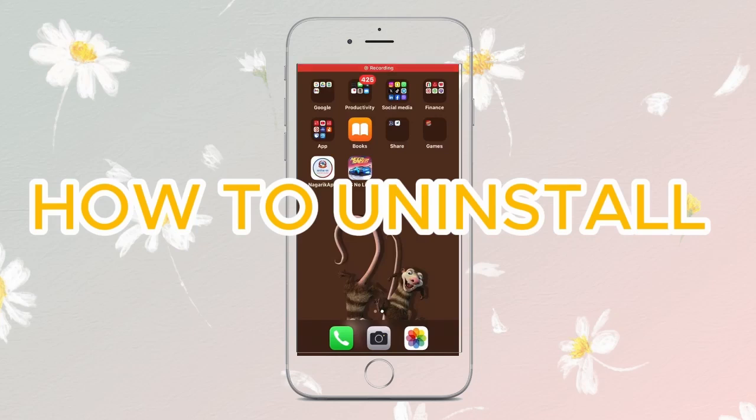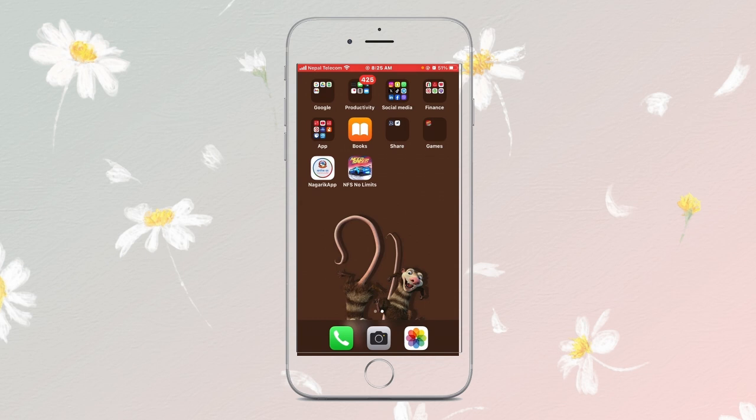How to uninstall Need for Speed. If you want to delete Need for Speed from your phone, here is the simple way to do it. So let's get started. The first method, which is quite simple and very easy, you just have to locate your